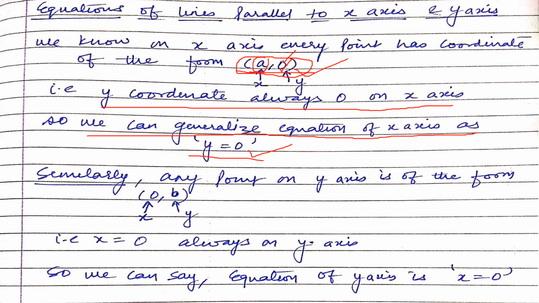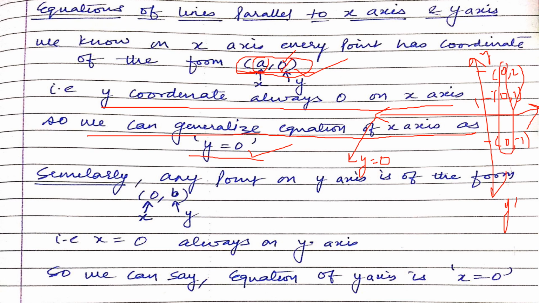Think, very simple thing. Again, if you take coordinate axis like this, we have got this equation. This equation is y equal to 0. Now we are thinking about y-axis, y dash. Simple. Again think about the points on this line. Here suppose this is 1. The coordinate is how much? 0, comma 1. Similarly, if this point we take 0, comma 2. This point we take 0, comma minus 1. Something like that. If you observe what is common in all these points, first coordinate, that is x coordinate of all these ordered pairs, is 0.